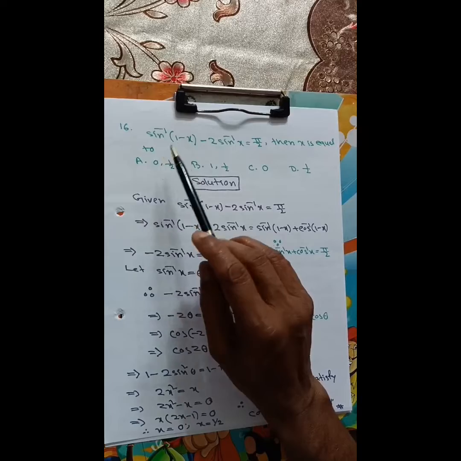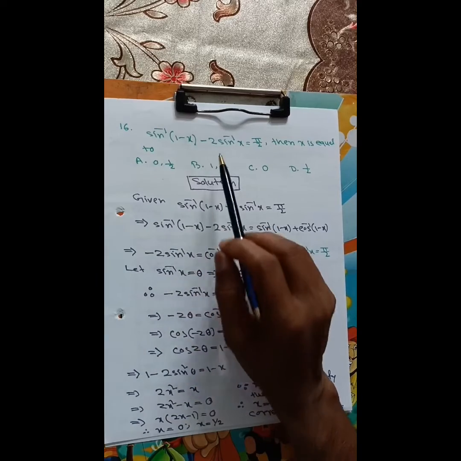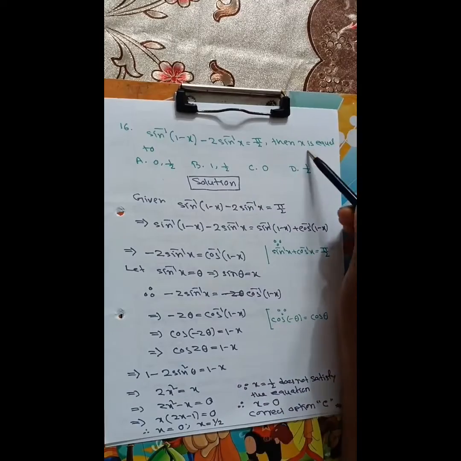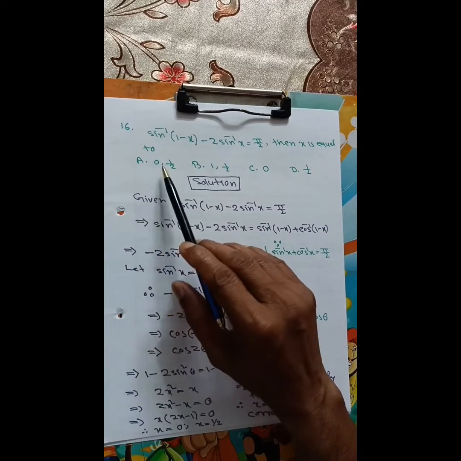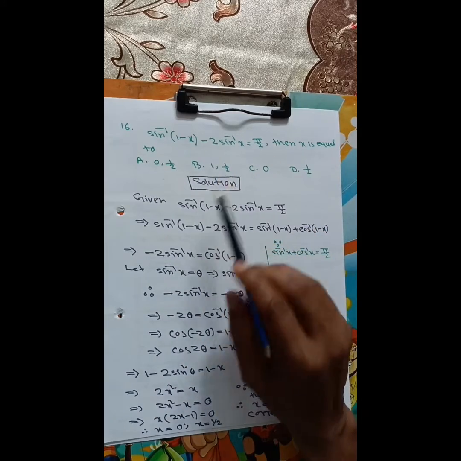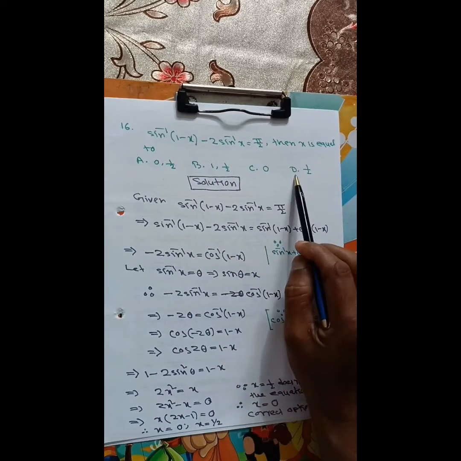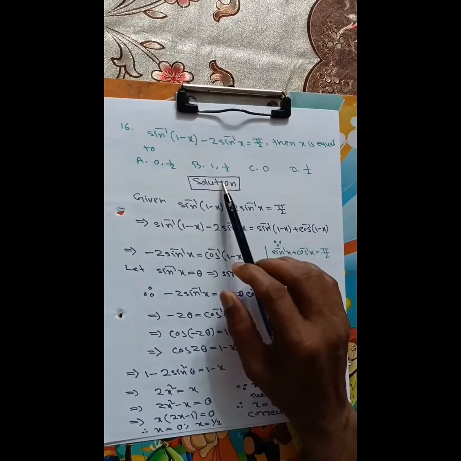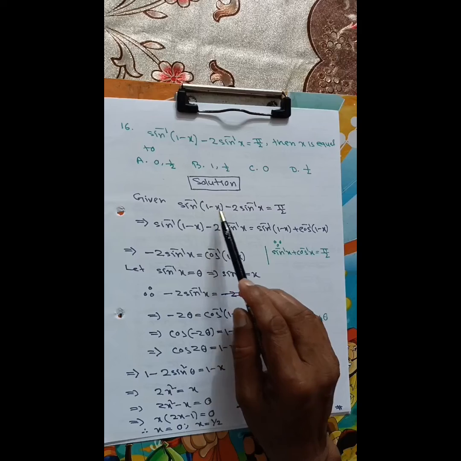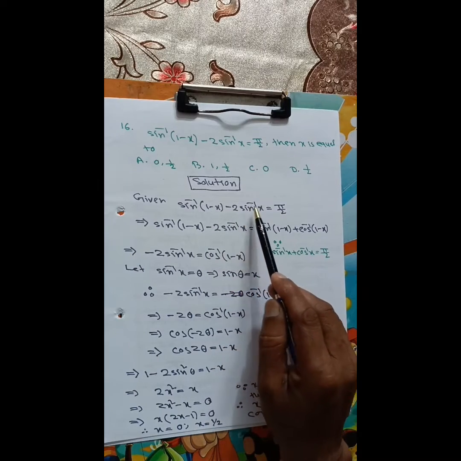Question 16. Given sine inverse of 1 minus x minus 2 cos inverse x is equal to pi by 2. Then x is equal to? Option A, 0, half. Option B, 1.5. Option C, 0. Option D, only half. For the solution, we have to write sine inverse of 1 minus x minus 2 sine inverse x